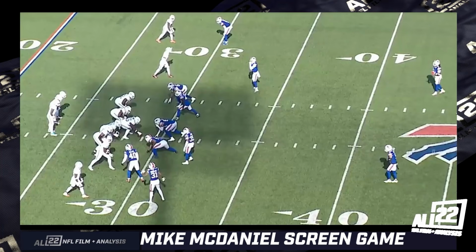I think Mike McDaniel's screen game is superior to other teams. There seem to be more layers to it. There's definitely a wider variety of screen types. So this next portion of the video is going to focus on screens and the variable screen game that I